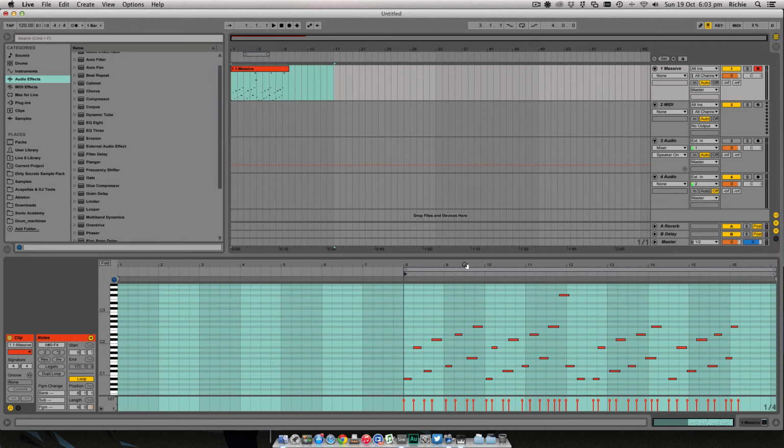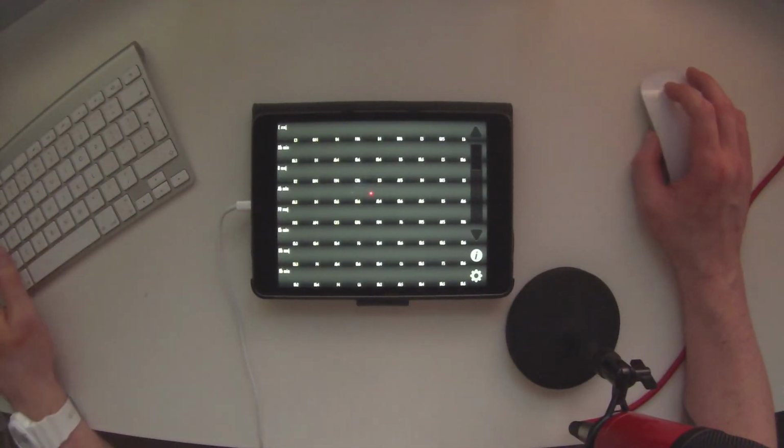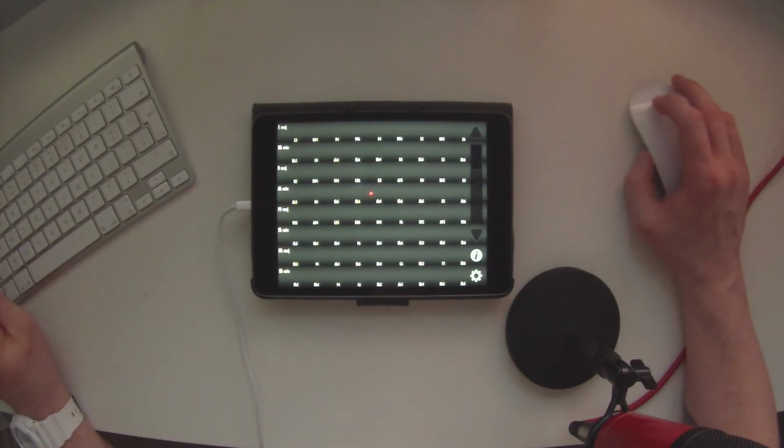So let's say this is a smashed together guide of how to use this app. And from playing with it for the last few days, I think it's a brilliant little app. If you're struggling for ideas, or trying to figure out some chords and get some idea of different melodies you want to come up with, then this is a really great app for doing that. So let's try maybe a different patch. Actually, let's have a look at